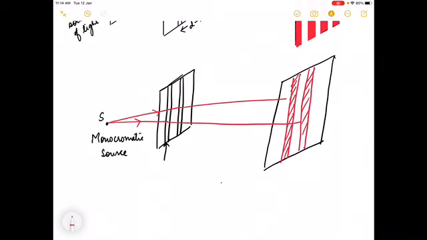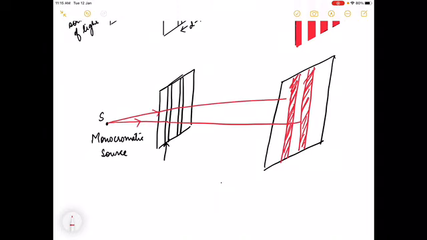Yes or no? On the screen also you are supposed to get two red lines, and the rest will be dark, right? That is something he, or any other person, would expect, because till now we are discussing that light has particle nature. This is something which we all expected, right? But very, very astonishingly, things were pretty different.